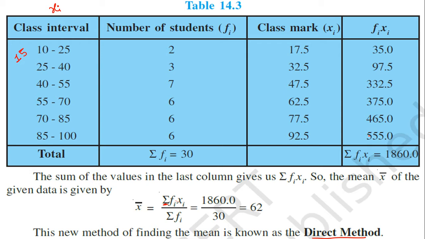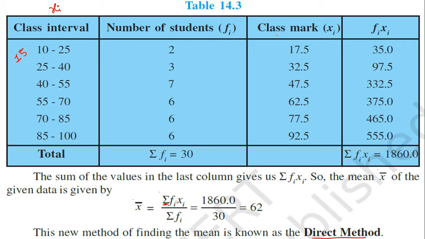But tell me, if data like 50, 20, 25, 30 is not given, and instead data is given in terms of class interval, like 10 to 25, 25 to 40, then how will you multiply fi? With which number will you multiply? With 10, or with 25? And if 10, then why not 25? And if 25, then why not 10? Then the solution is, we have to find here xi.